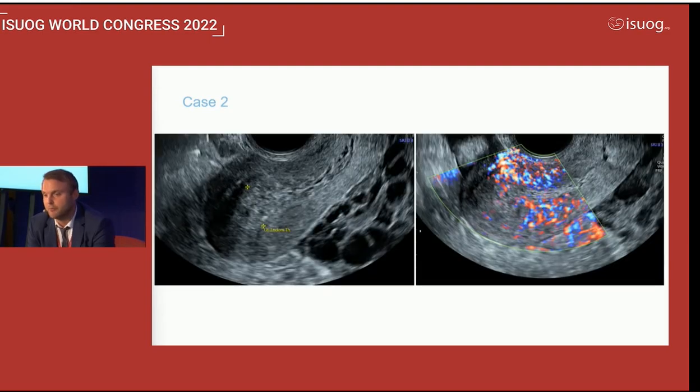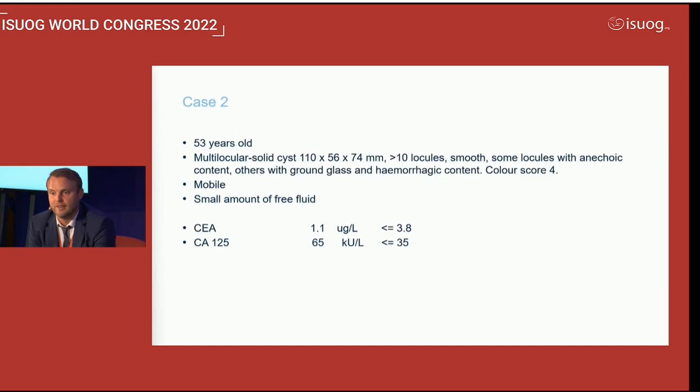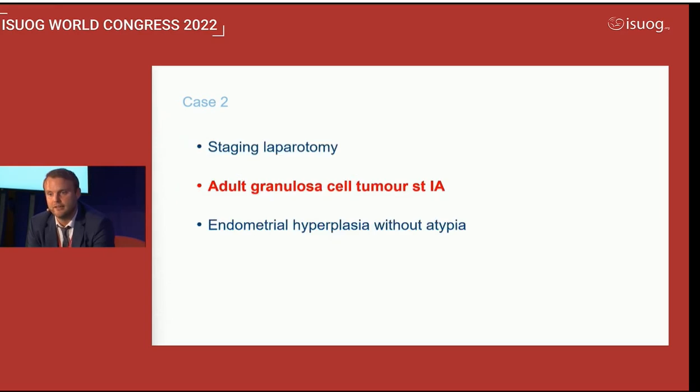And then another patient, she was postmenopausal. She presented with postmenopausal bleeding. The same story, also a thickened endometrium, and also this large adnexal mass with Swiss cheese aspect, vascularity. And in this patient, the tumor was 11 centimeters. The markers we took, we didn't take here the anti-Mullerian hormone, but only CA125 and CEA. CA125 was slightly increased, and it was also confirmed at surgery a stage 1 adult granulosa cell tumor with an